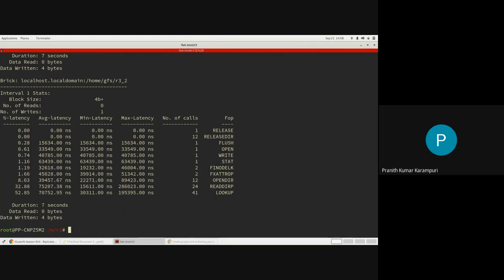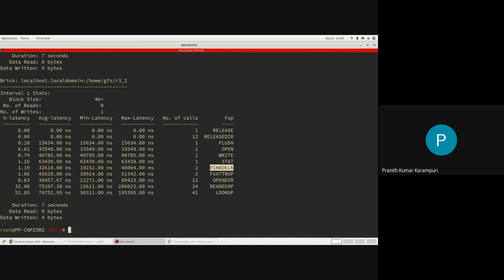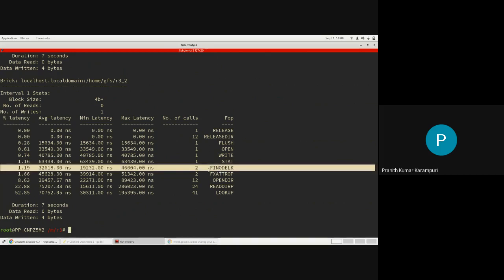Now let's do an operation like writing some data. We can see that one write has come, and 2 inode LKs and 2 xattrops have come. The locking and unlocking will be denoted by the inode LK, because the write is based on an FD, a file descriptor, so you will see that variant of inode LK.